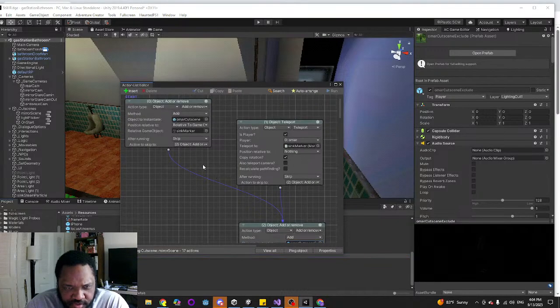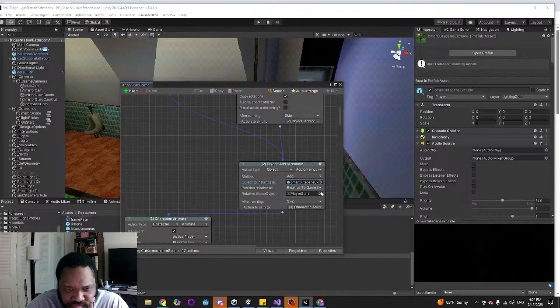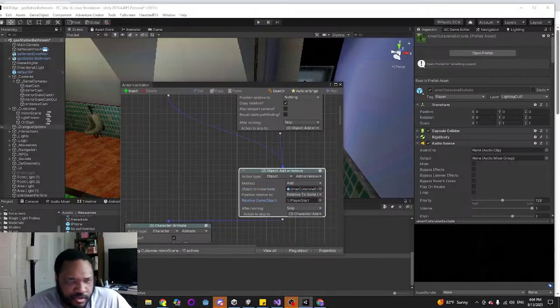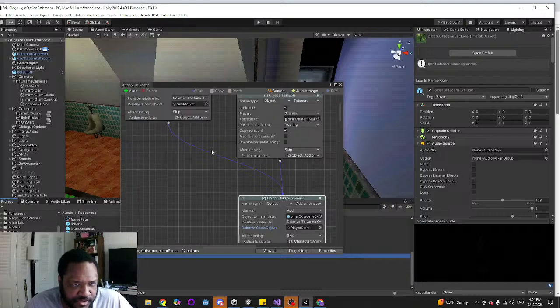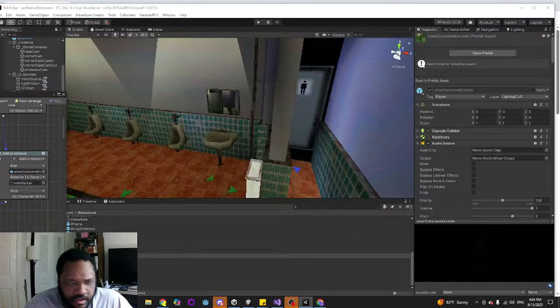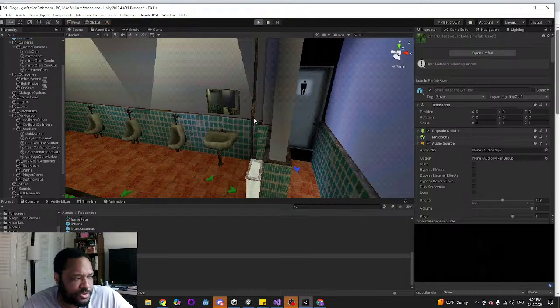So I create the cutscene object, move him to the sync marker, and then I've got the exclusion that I want to also move to the sync marker. And then they play their animations, so this should work.